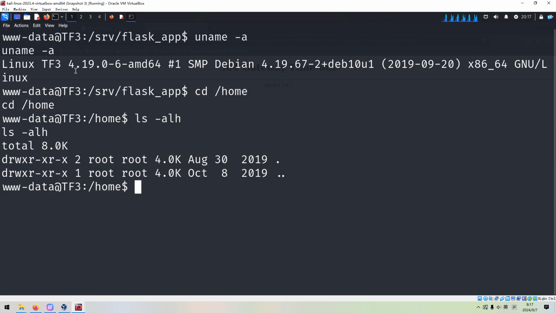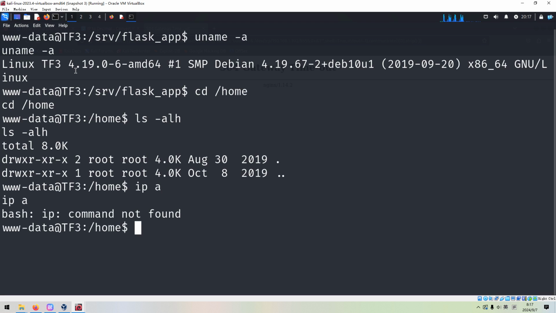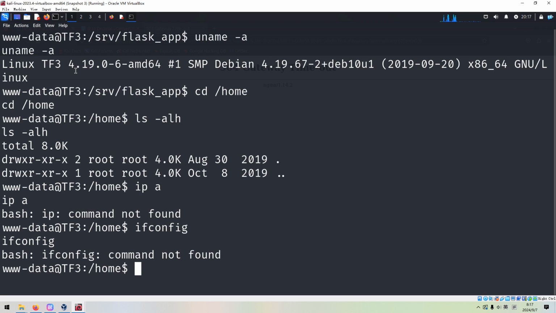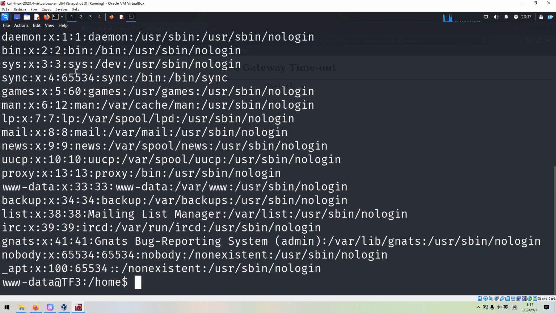Although we have already got a foothold on the target, possibly we are within a container. For example, we can run the IP address command, command not found, and also ifconfig, command not found, cat out the password file, and no normal user.